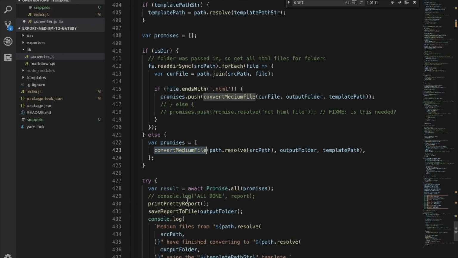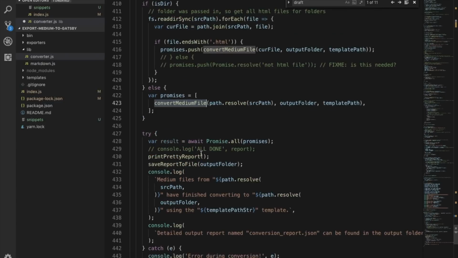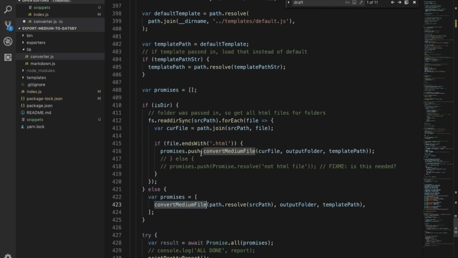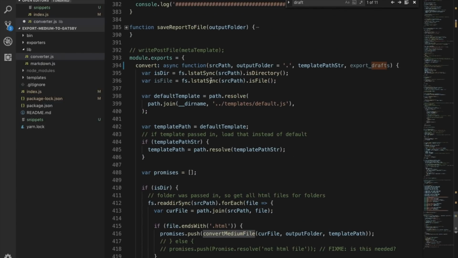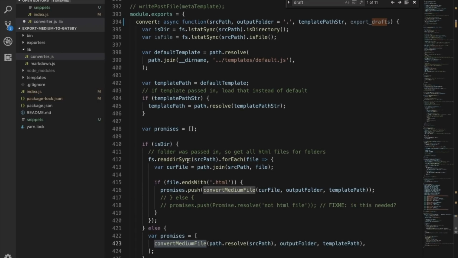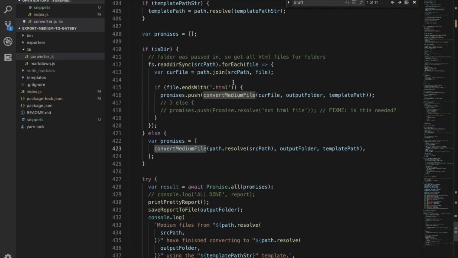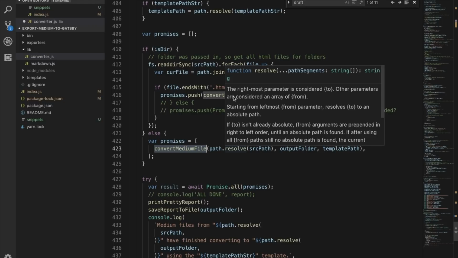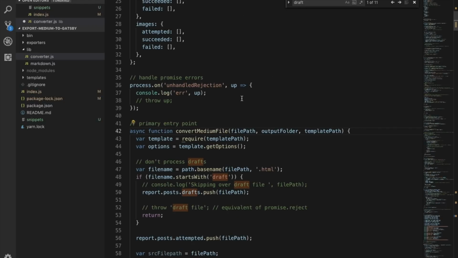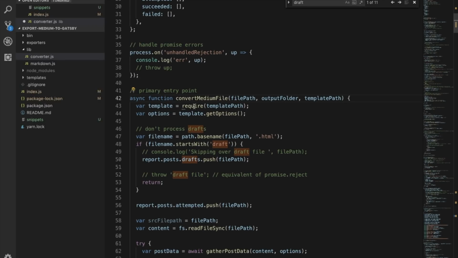Current medium file resolving. So let's see what this does actually. So it says whether it's a directory, default template. So it actually has a default template which we will use. Now the folder is passed in, so get all the HTML files. So it gets all the HTML files. And convert medium file. I don't know what this does. Convert medium file. So okay, right here what it does is